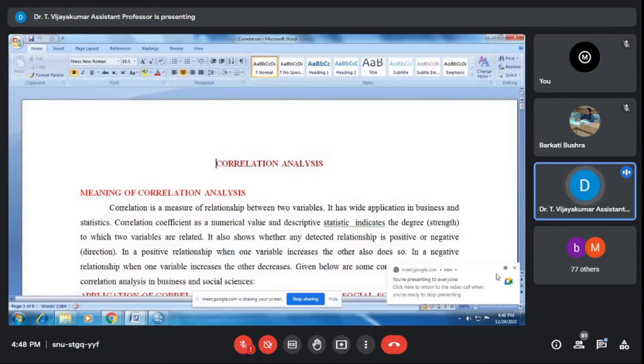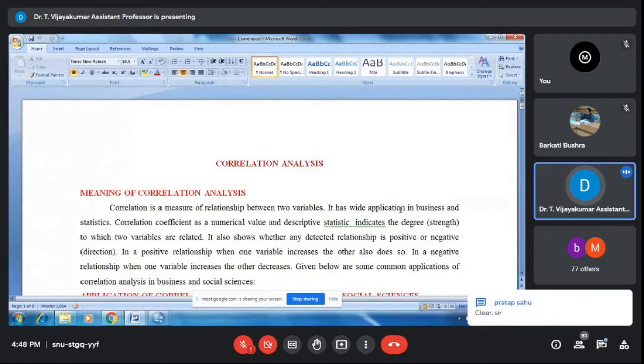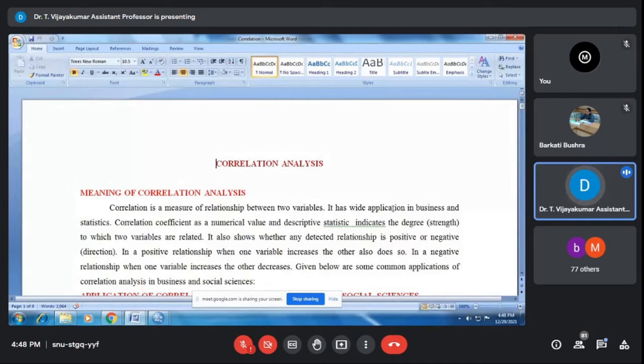Yeah, correlation. This is a very popular tool used by most researchers. You can find that more than 75% of theses use correlation or regression analysis. So yesterday in class we discussed the mean difference between variables, and today we are going to